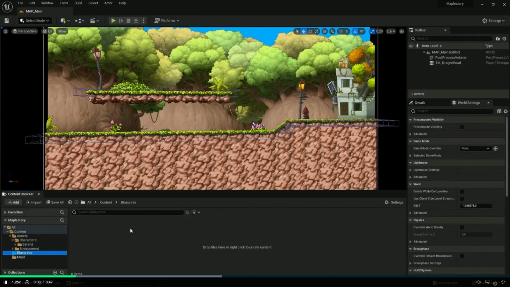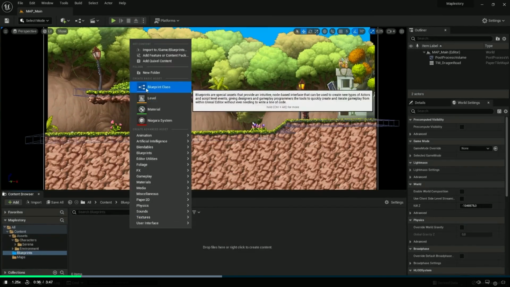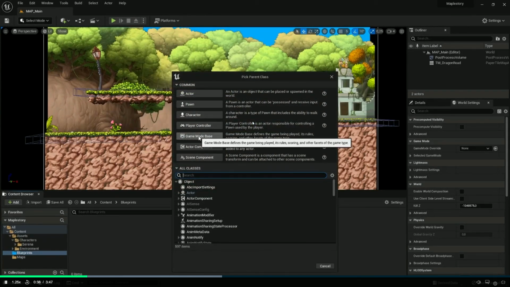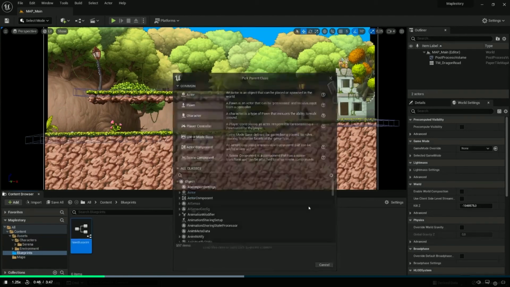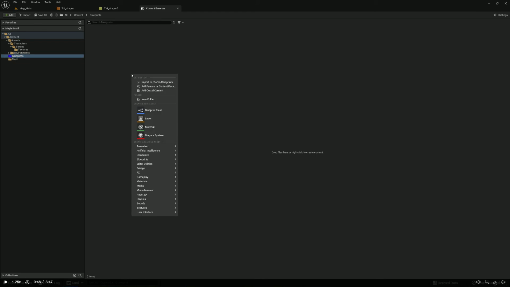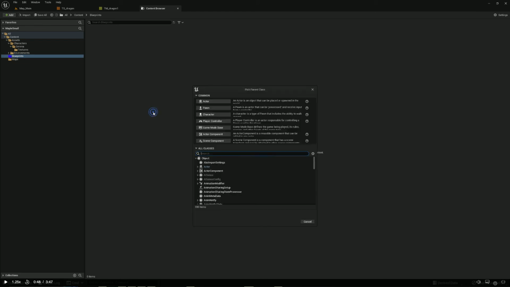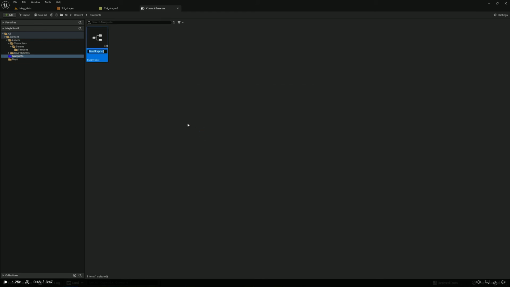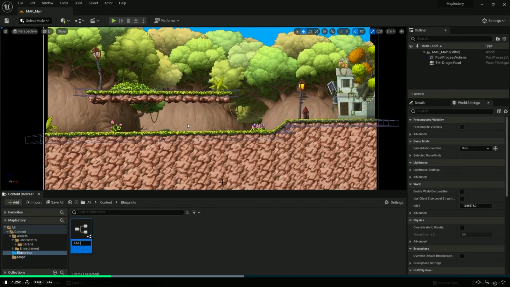So inside of here, you can again right click and select blueprint class, and let us create a game mode. Every game that you create has a game mode and a player controller. These are the basic things you start with in a game. So let's create a game mode, and let's call it GM as a prefix for game mode, and I usually call it the name of the game. So MapleStory for